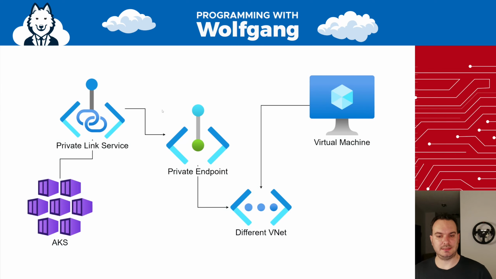This is going to look like this. It's very similar, except that we're also going to have this private endpoint, and this private endpoint is attached to the different VNet. And this VNet also contains the virtual machine. And with this in place,